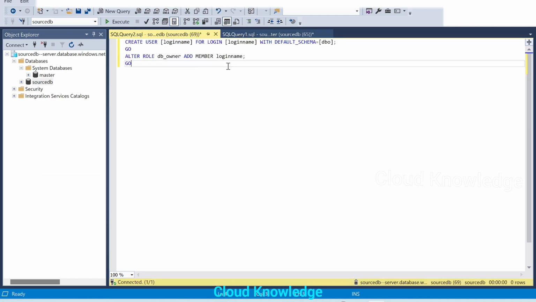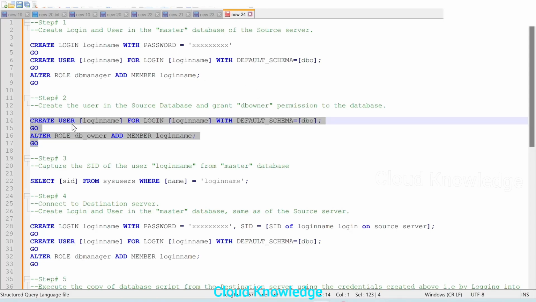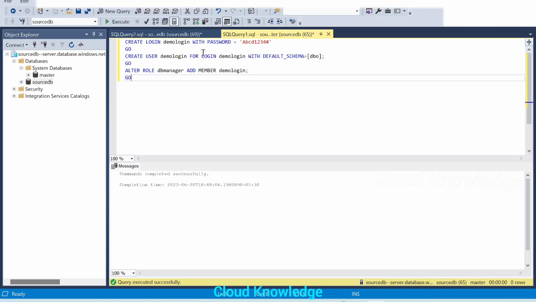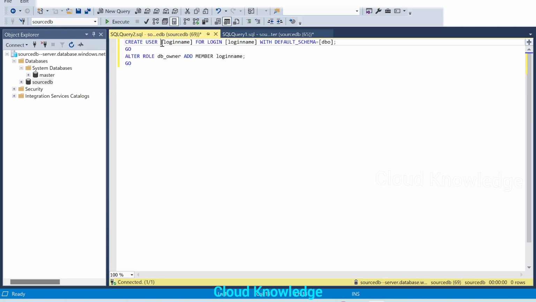Paste the step 2 commands, where we create the user and grant it db_owner permission. Here we take the login name, demo login. Copy it from the previous screen and paste it here. Paste the login name again, and then give the db_owner permission to this login name, demo login.